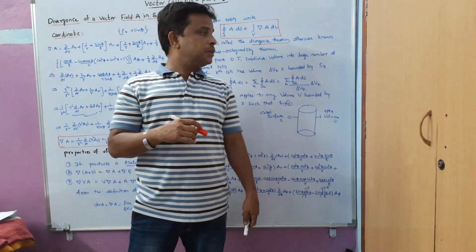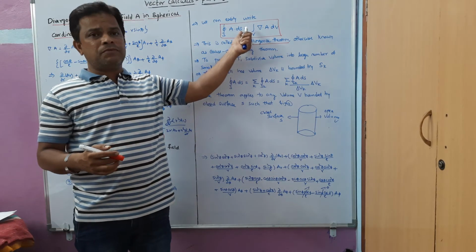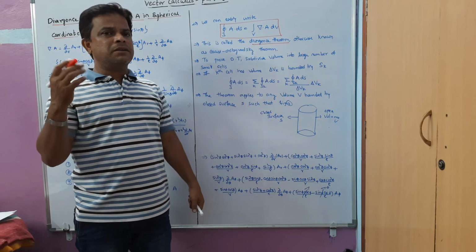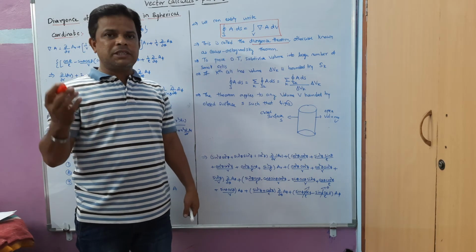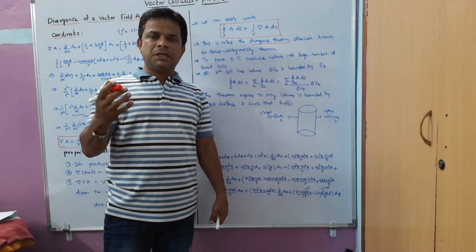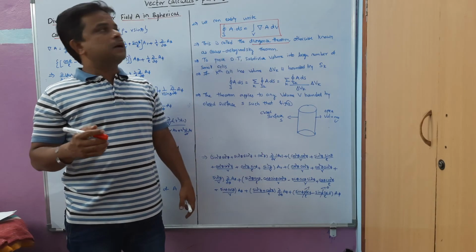With the help of this equation we are going to derive the famous equations called Maxwell's equations, and we will see that in the upcoming classes. Without the help of this divergence theorem, we can't derive Maxwell's equations. With the help of Maxwell's equations only, we are going to derive the wave equation. That is the importance of this divergence theorem.